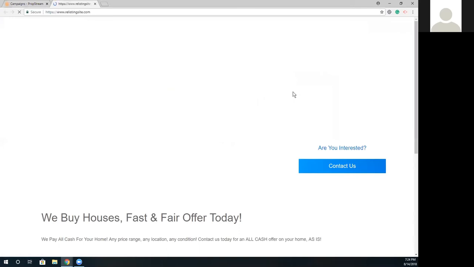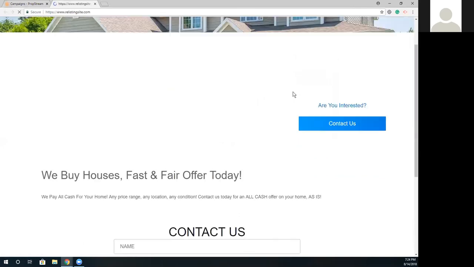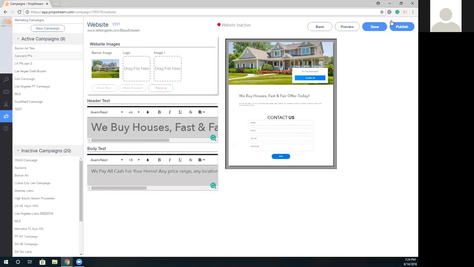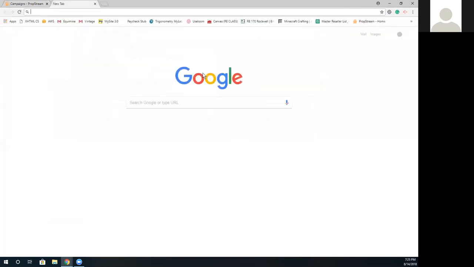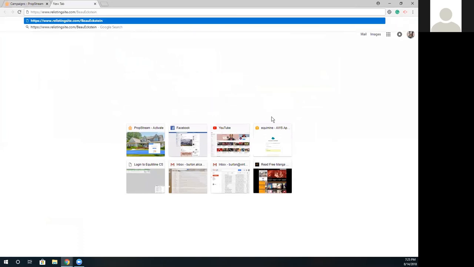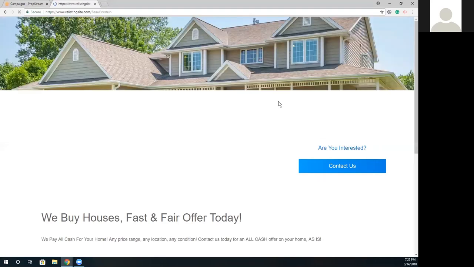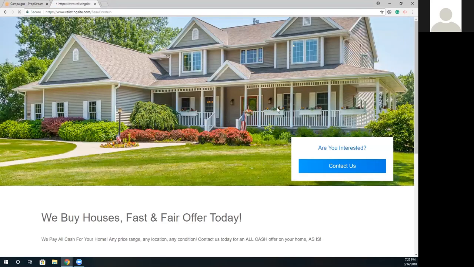So we'll open a different tab and show you what it looks like. If we like what we see, we just select publish and our website is fully activated. So I can now take this link, put it on my Facebook or social media, open a new tab, and search for it on Google, and that's our website. What we're doing is helping you establish credibility, especially in today's society where everyone has a smartphone. It avoids that question, well, do they have a website? With a few clicks, you can create one.